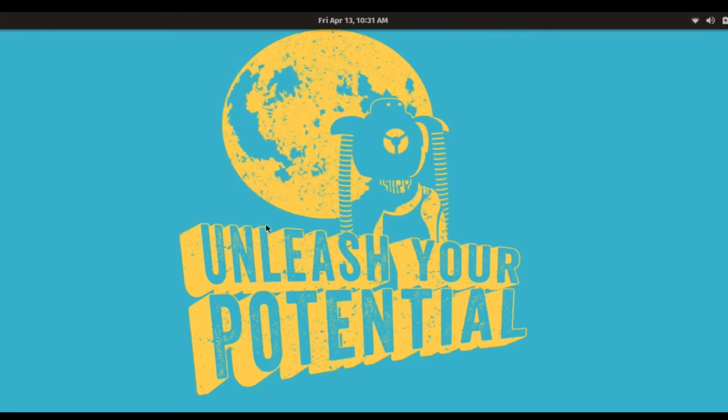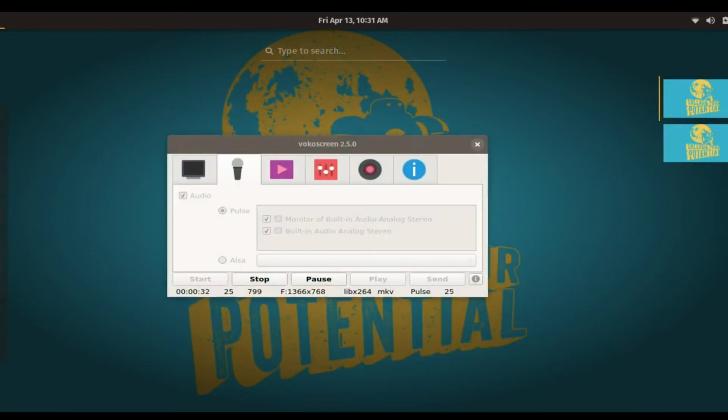Okay, this is the way Pop OS comes up when you first install it. The only thing I've done to this so far is added the Vokoscreen so that I can record this, and I've done the updates through the Pop Shop,